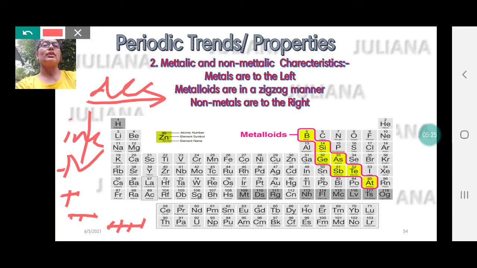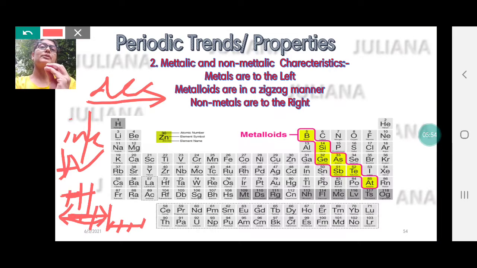So it's very difficult to remove one electron from the first shell, as in hydrogen. Lithium has 1 valence electron in its second shell, from where it's okay to remove. From the third shell it becomes a little easier to remove an electron. Fourth shell, because there is hardly any affinity now with the nucleus. As you go further and further, the affinity towards that electron also keeps on decreasing, and therefore it's easier now to donate an electron. Therefore, from top to bottom, the metallic character keeps on increasing.